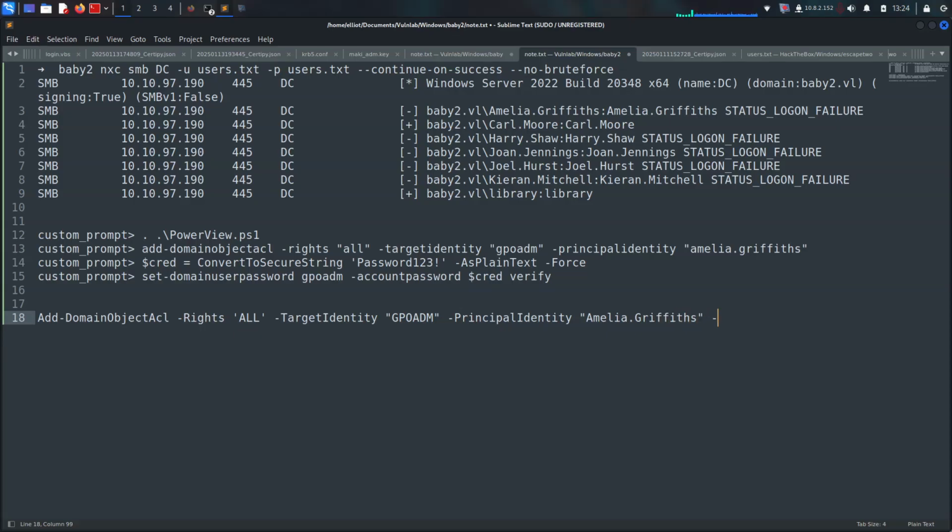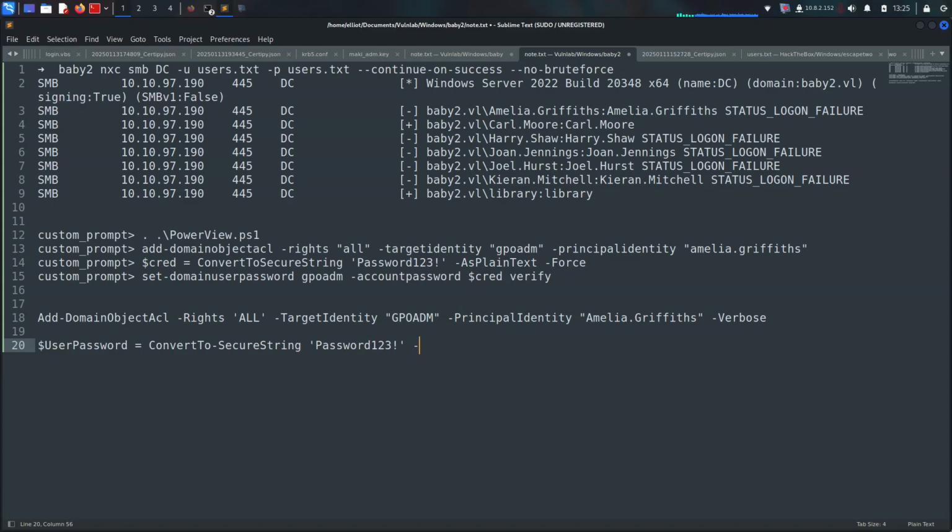Like that. Let's use -Verbose here, and after that I'm going to use the user here to correct it. Okay, the user password, convert to secure string, password